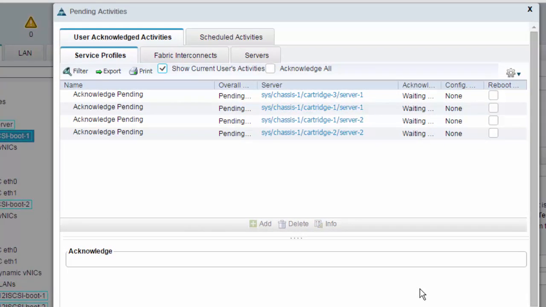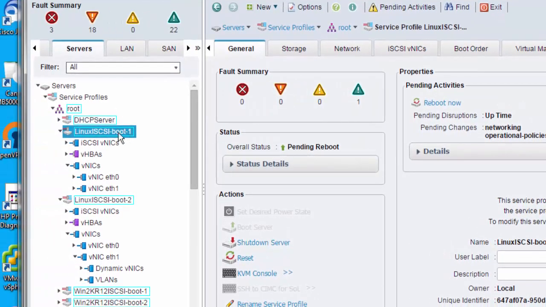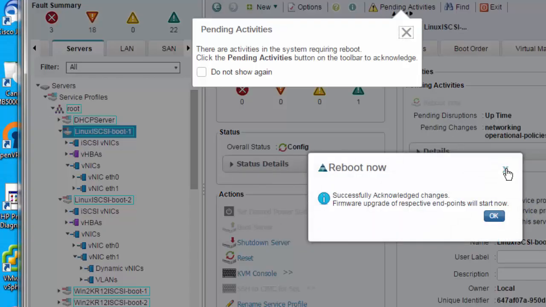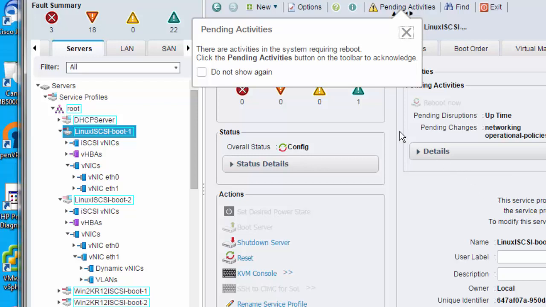I will let it reboot the system for me. It'll still try to reboot it nicely just to show, rather than do it through this interface where I'm not even sure which service profile is which. I'll go over here and acknowledge the change on this one, and this will actually apply the change. It's showing me there's a